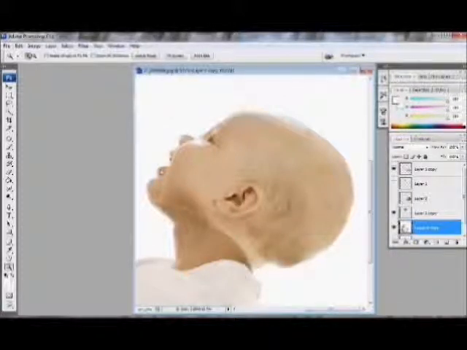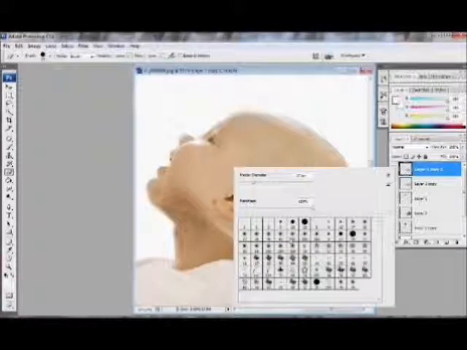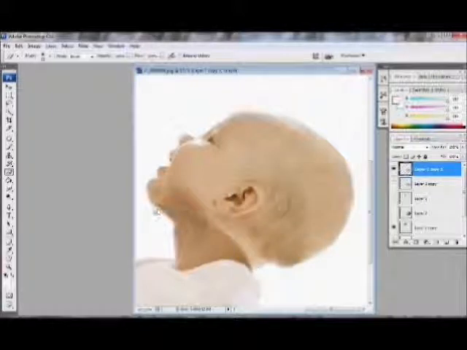Now we're going to try to make these two colors match, of the baby's head and the father's neck. What I just did there is duplicate layers. Like I said earlier, I'd rather have a duplicate than screw up and have to start all over again. So I've selected the eraser tool, and I'm selecting the one that looks like a fading star, because that one will give a slightly faded effect on